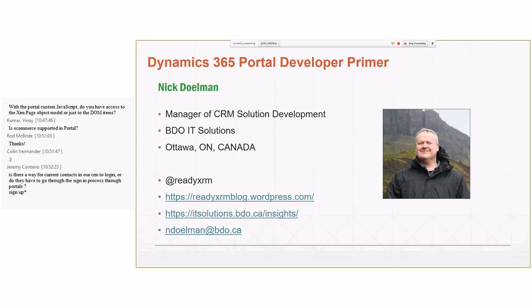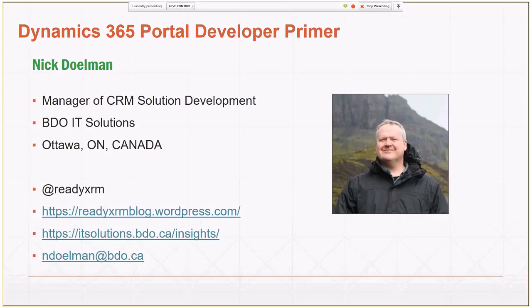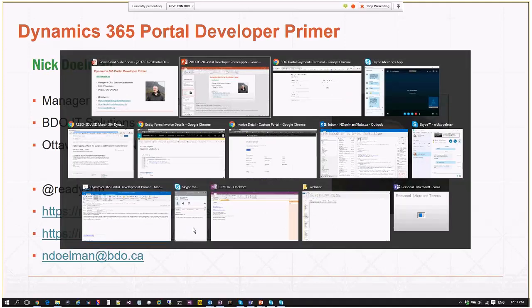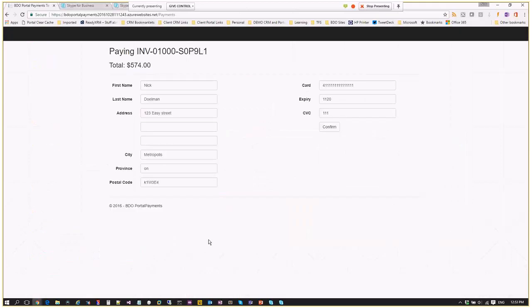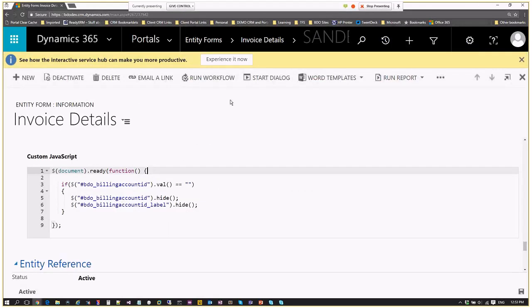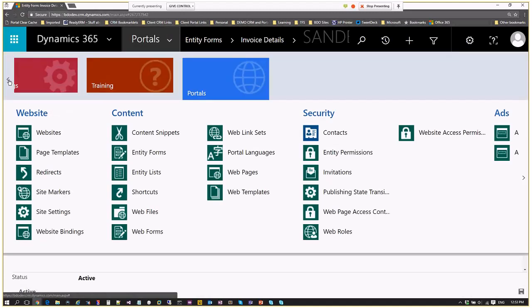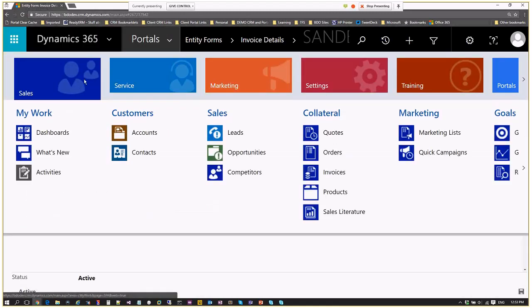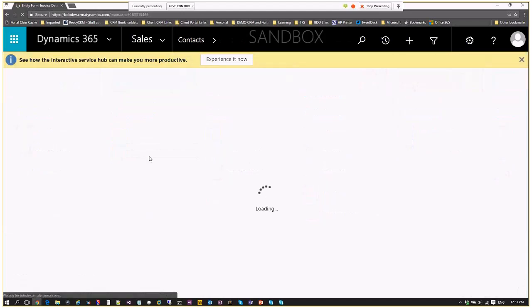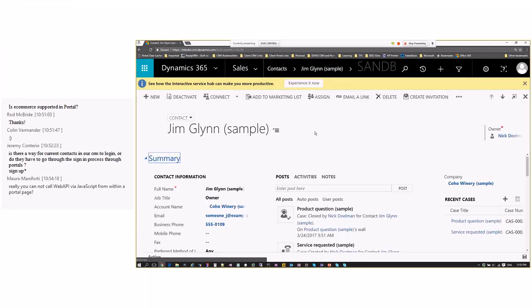So they don't necessarily have to sign up. The out-of-the-box way is you find your existing contact, and there actually is, and you know what, as much as I said we weren't showing stuff anymore, I'm going to pull up CRM. If I were to look at a contact record, hey, who here likes this new thing? They kind of changed my formatting around. Anyways, if I were to pull up a contact here, here's Jim Glenn, and